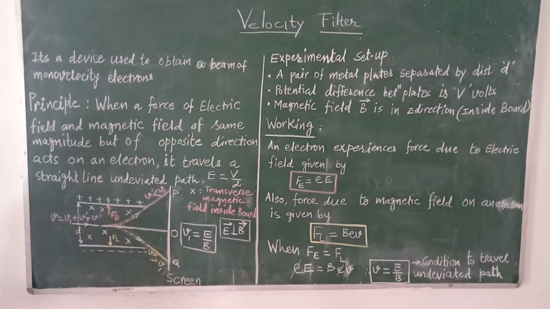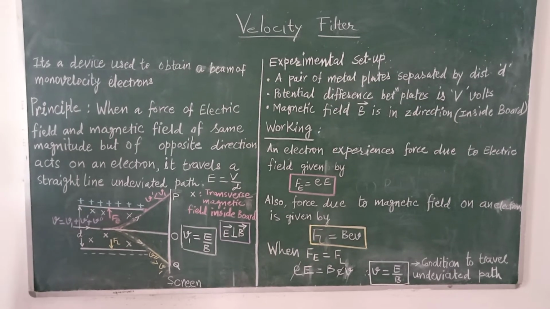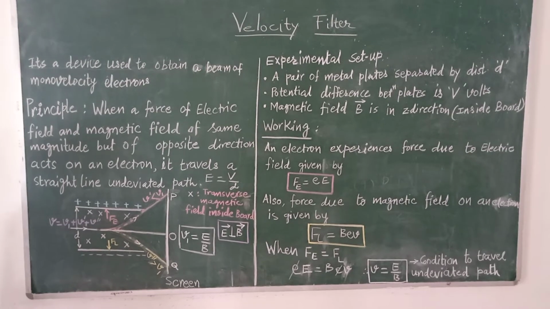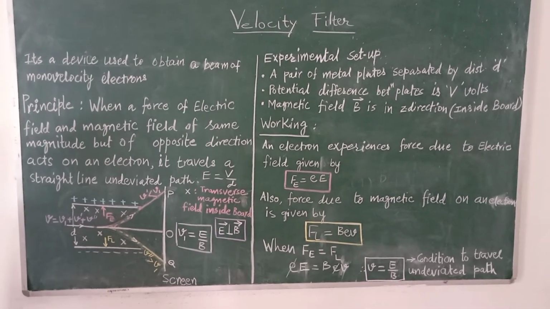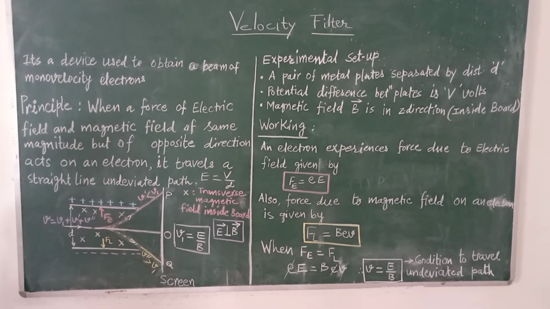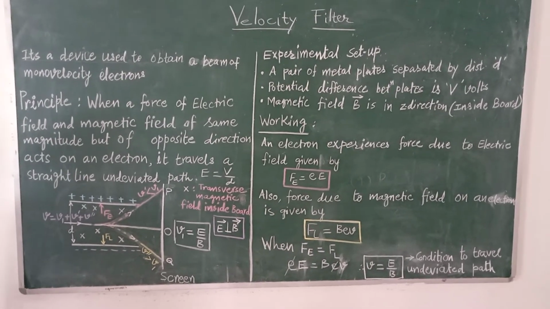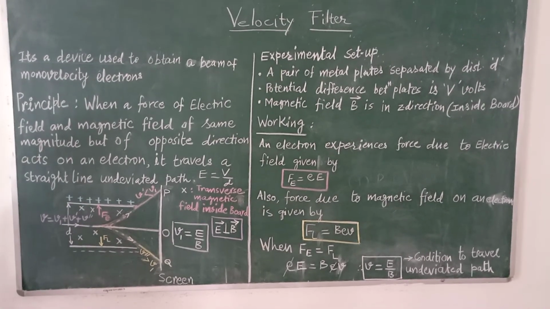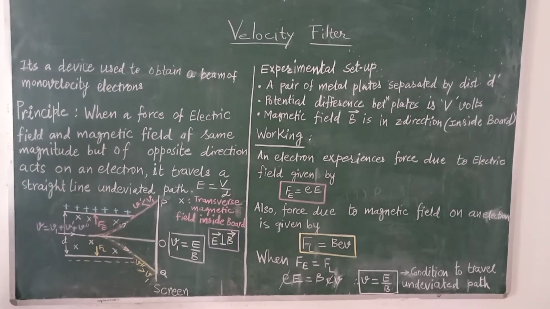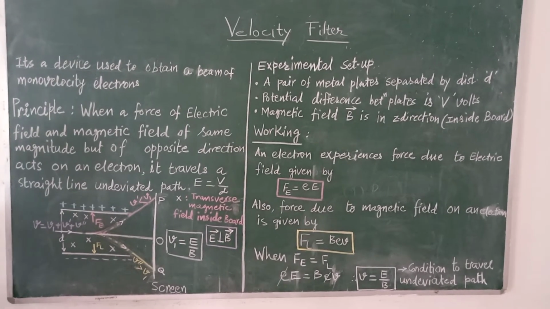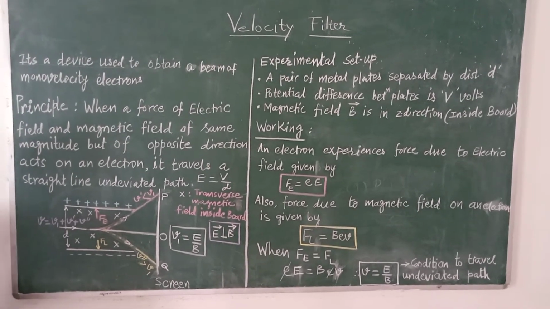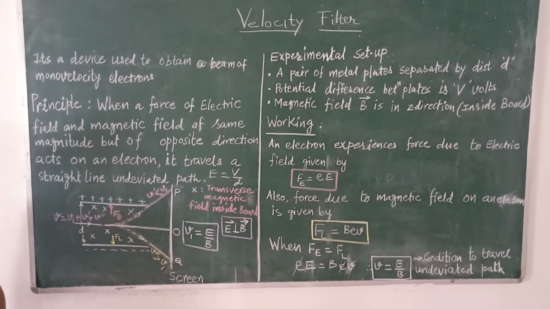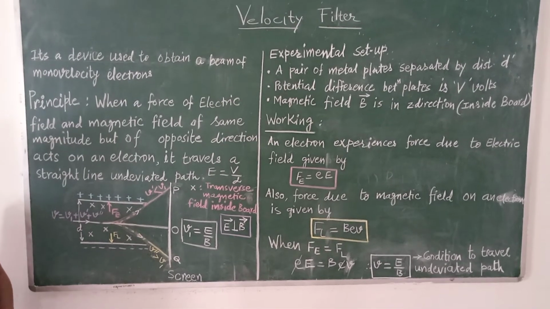Now, the electrons having less velocity, V dash, say, will travel a different path because they will experience the electric field more. Therefore, their path will be in the positive y direction. They will travel a parabolic path and finally they will reach point P on the screen.